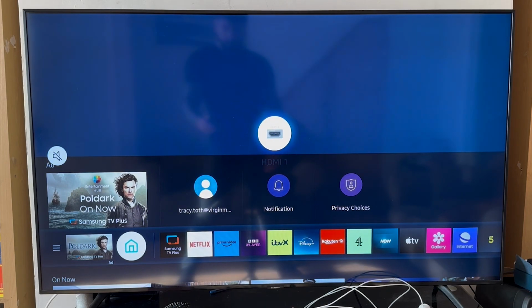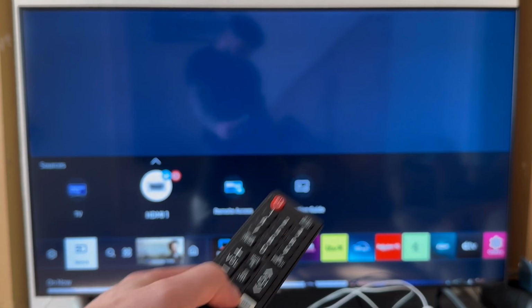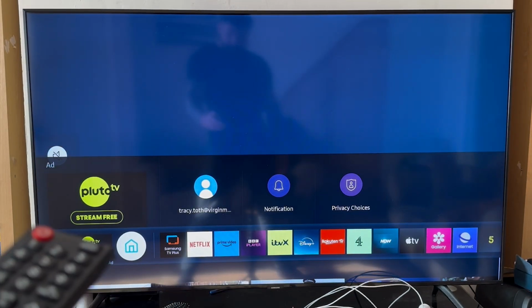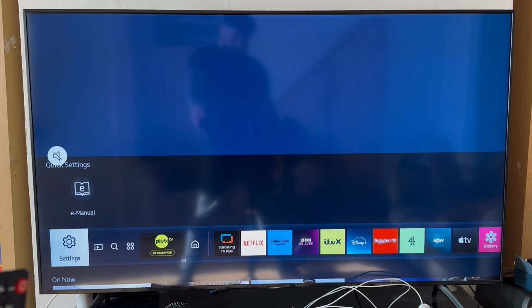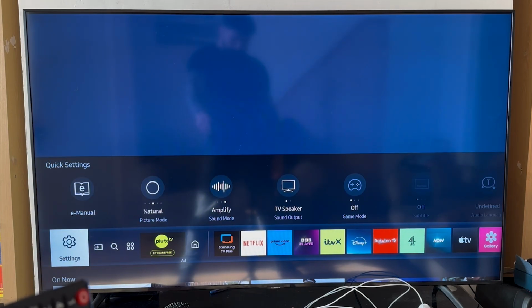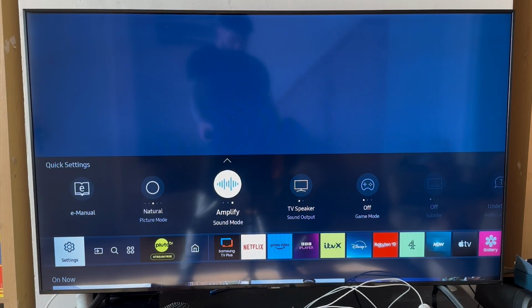Now, if that hasn't worked, what you'll need to do is press the home button on your remote control. And this is going to pull up the Samsung home screen. From here, you just want to use the arrow keys to come over to settings. Now, we're not going to press on settings. What we're going to do is come over to this top navigation here, and you're looking for a mode called